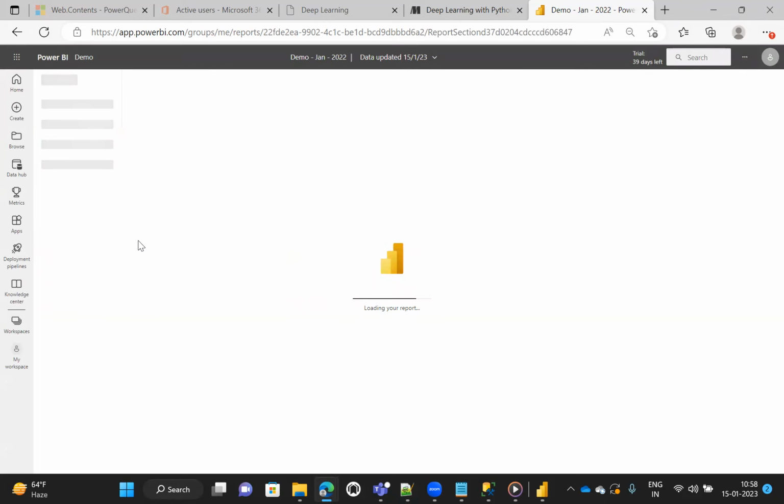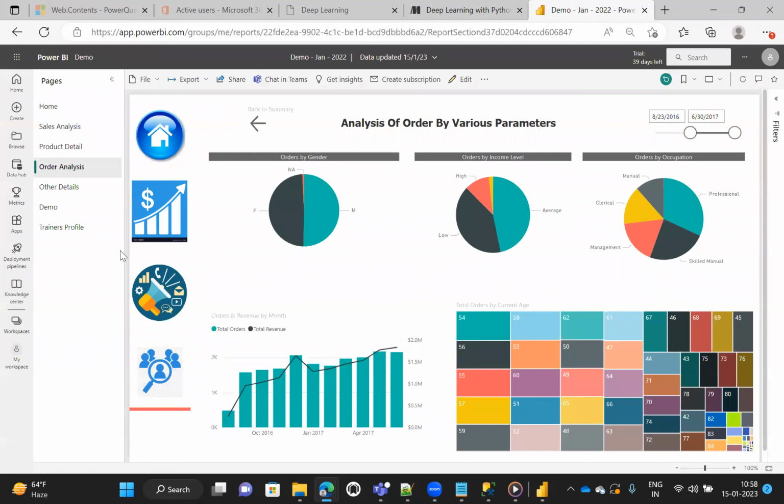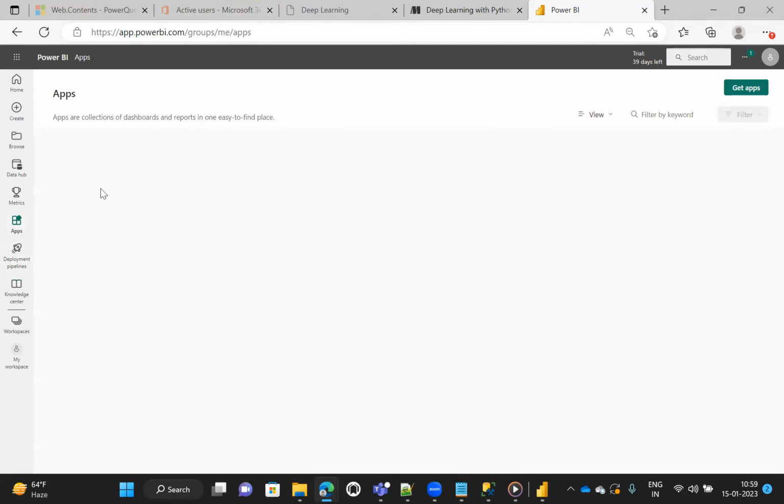In other tools, you have to perform so many activities to move it to Power BI Service or to another environment. But here it is not like that. It is done very easily. So this is Power BI Service, where people can get this report easily, and anyone can access it from here. In Power BI Desktop, the developer creates the report, and in Power BI Service, people consume the report. Here you can see apps.